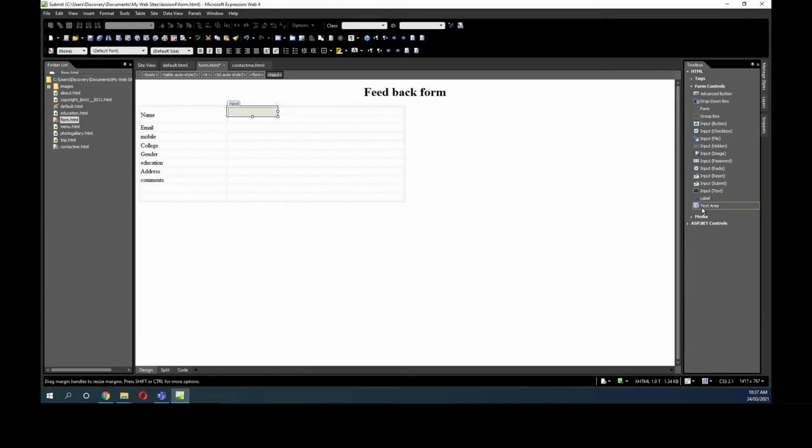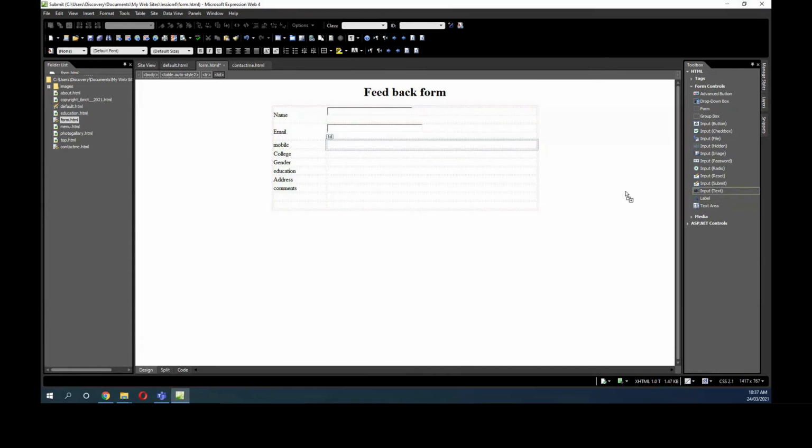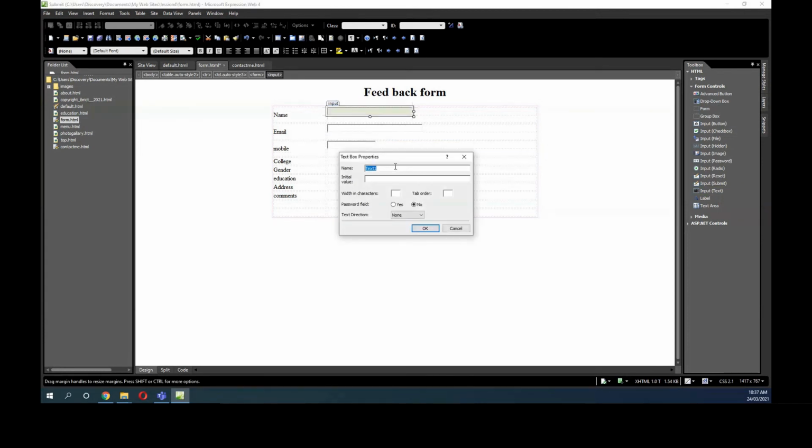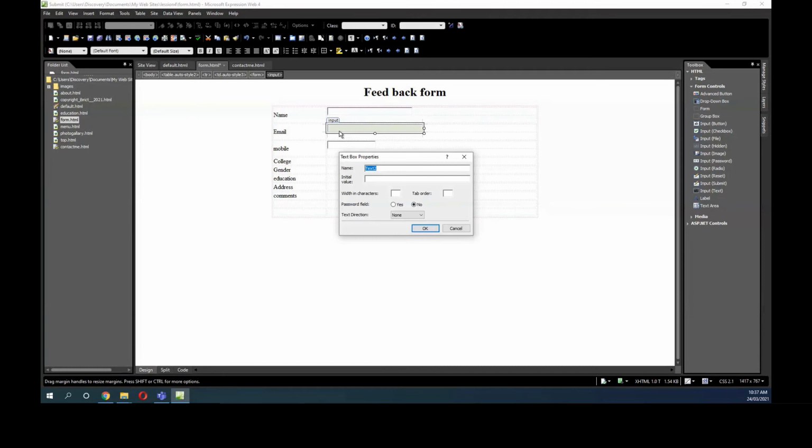And for the email, also the same thing, text box, because you need to enter something in here. Okay, let's put the table in the middle. And then the mobile number is the same, text. I'm gonna call this one name, and say that. This one I'm gonna call it email, and here mobile,